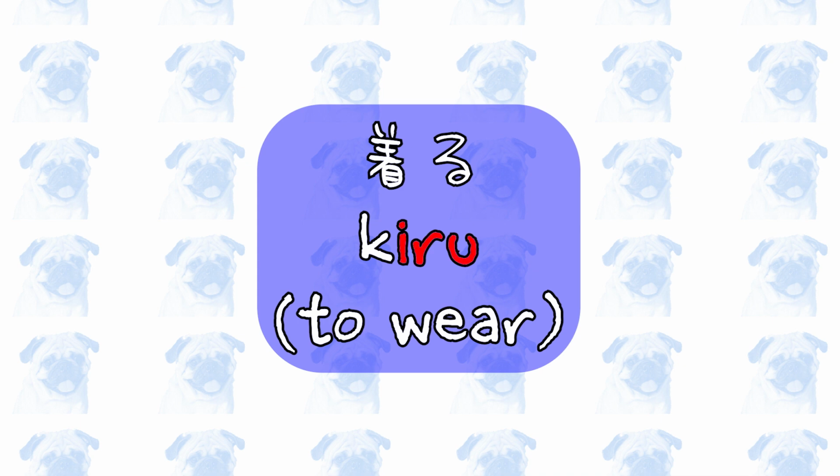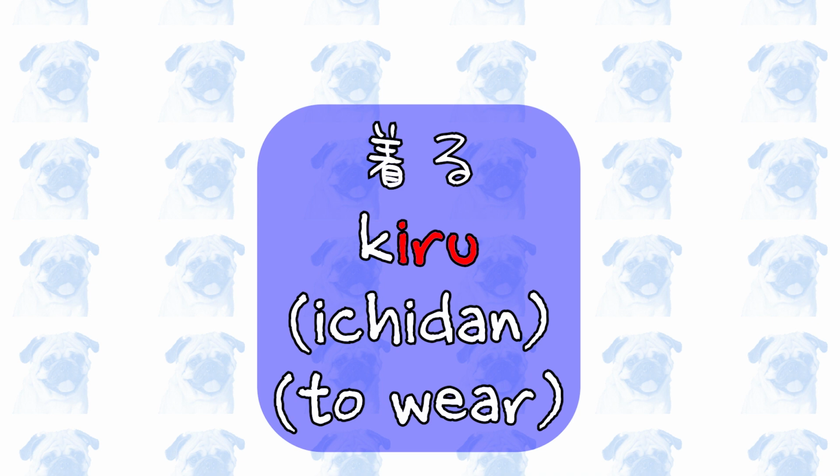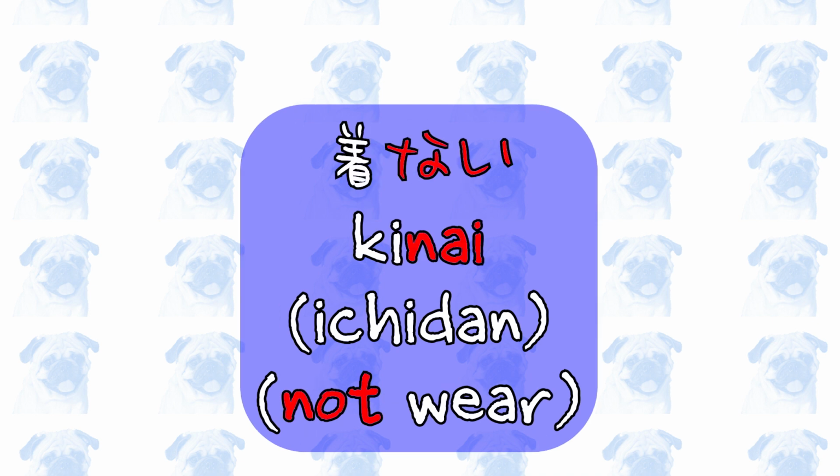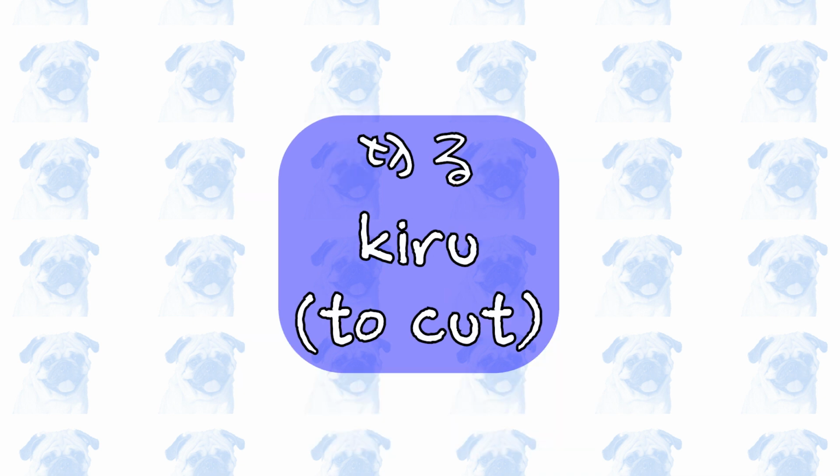着る, to wear. This is an いる verb, and it is an 一段 verb. Therefore, drop the る and replace it with ない. 着ない、着る、着ない。